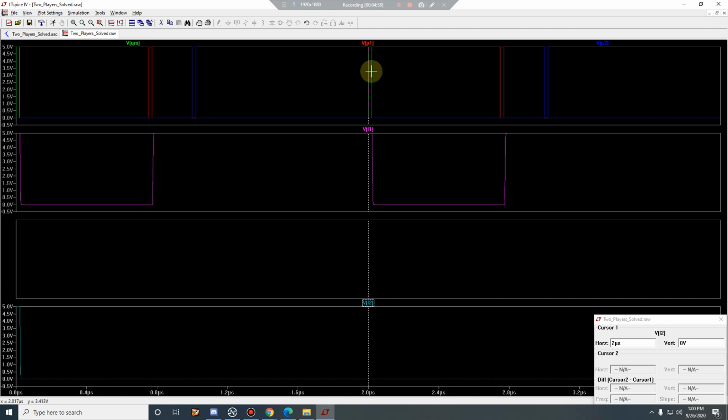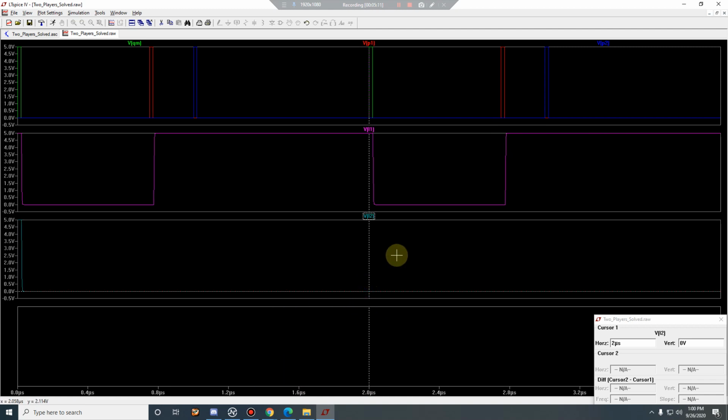The green represents the quiz master. When the quiz master resets it, even in the second part, player 1 is switching first, so his output goes high, whereas player 2 is continuously 0. Because the moment player 1 has pressed the switch, his gate has been disabled. So we are able to see how it functions.